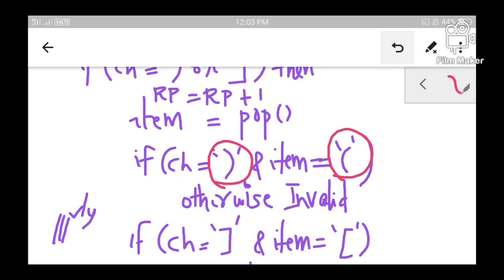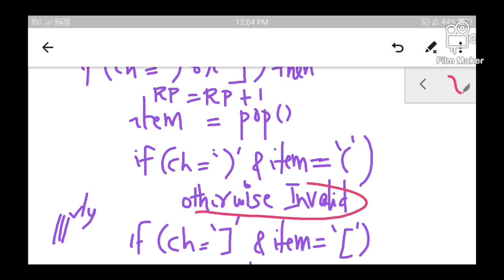The value removed from the stack will be a left parenthesis, and the value just read is a right parenthesis. So you are now checking whether they are matching or not. If the read character is a normal right parenthesis, then you have to check if item is a normal left parenthesis. If these two match, then the expression is valid up to now. But if the read character is a normal right parenthesis, but the removed character is a square left bracket, that means these two do not match,